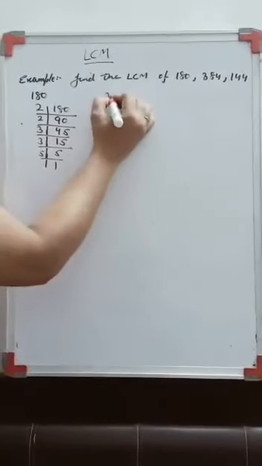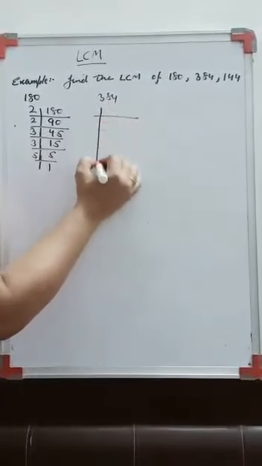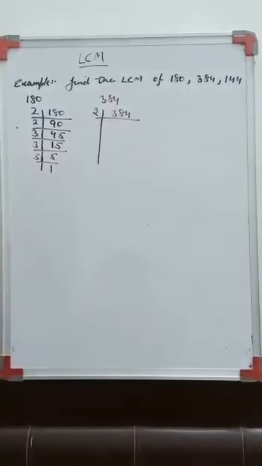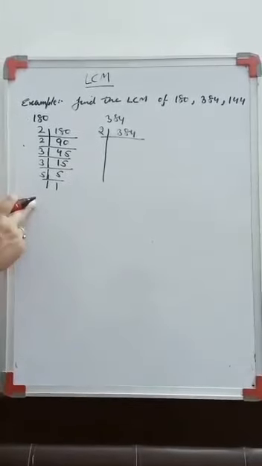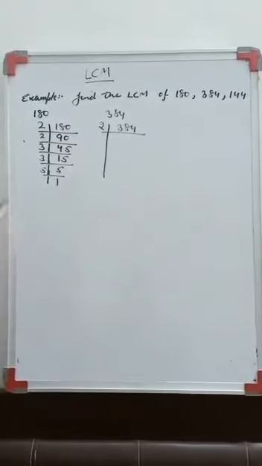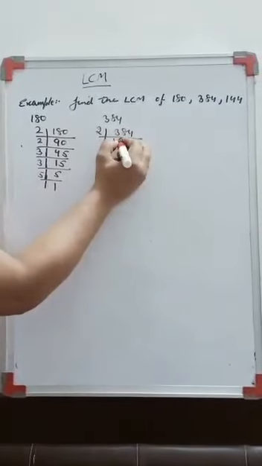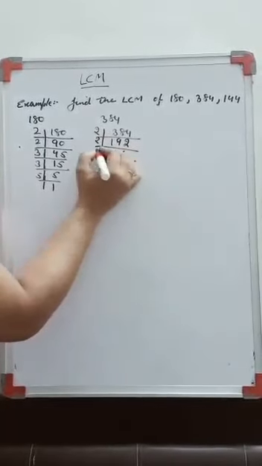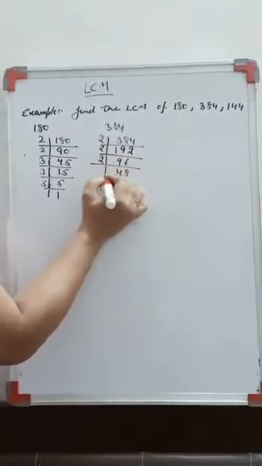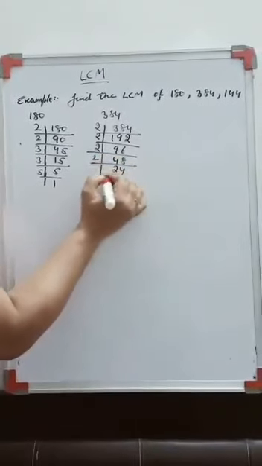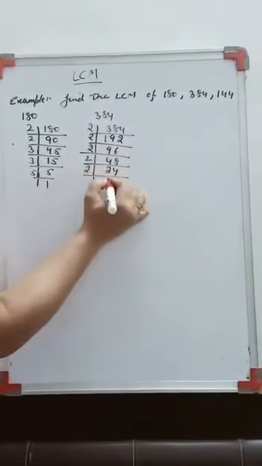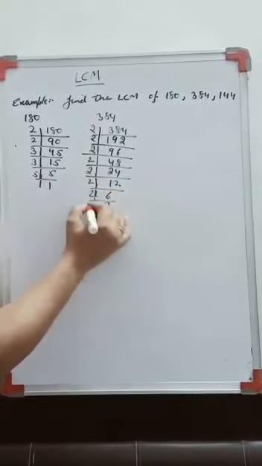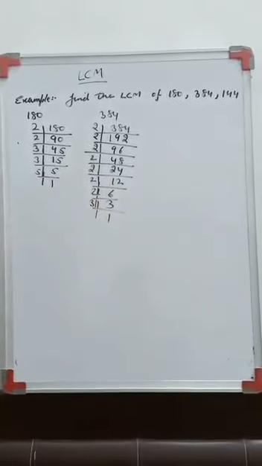Let's do the prime factorization of 384. So you will start with 2. Whenever we do the prime factorization, the factors over here must be prime numbers only, right? So 2 1s are 2, 2 9s are 18, 2 2s are 4. Again, it will become 2 96s are 192, then again 2 48s are 96, then 24, 12, 2 6s are 12, 2 3s are 6 and 3 1s are 3. This is the prime factorization of 384.